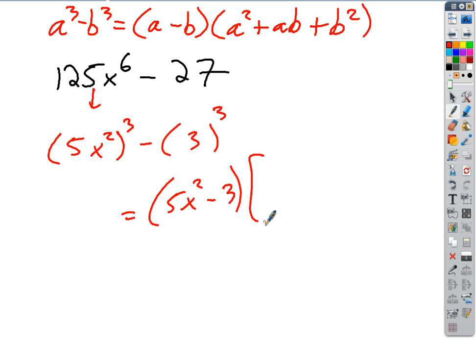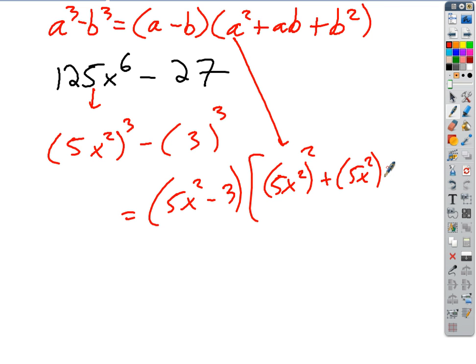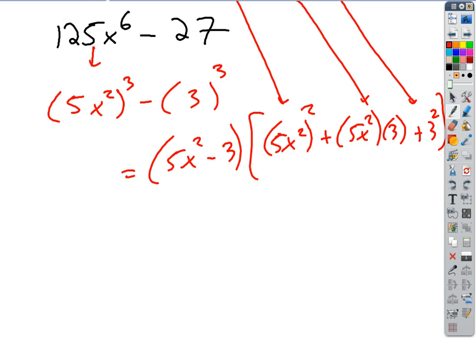We've got A squared, so that's going to be 5x squared, squared, there's my A squared, plus 5x squared times 3, there's my AB, plus 3 squared, there's my B squared. Right? Okay, so